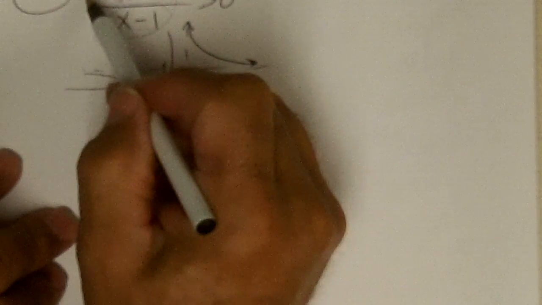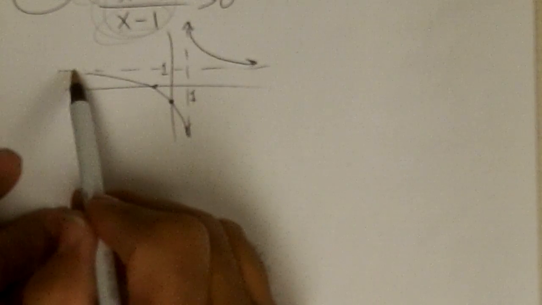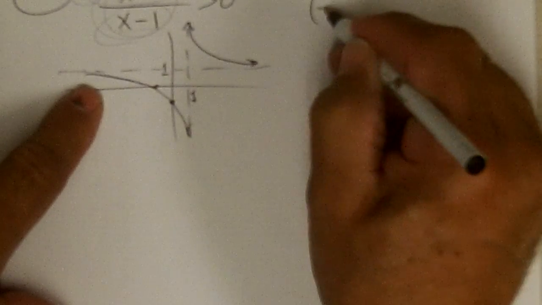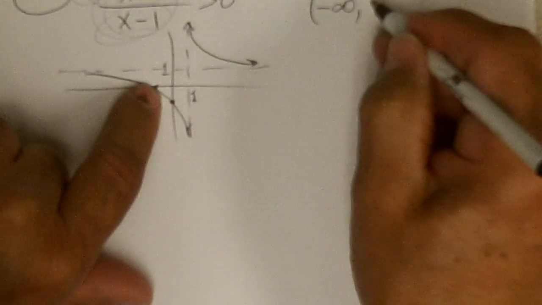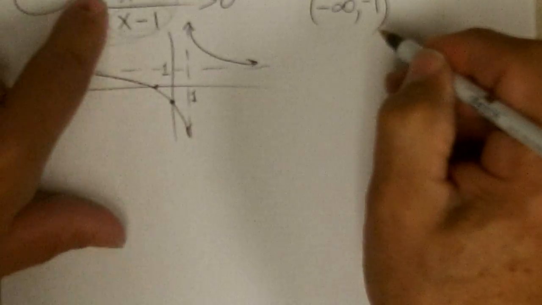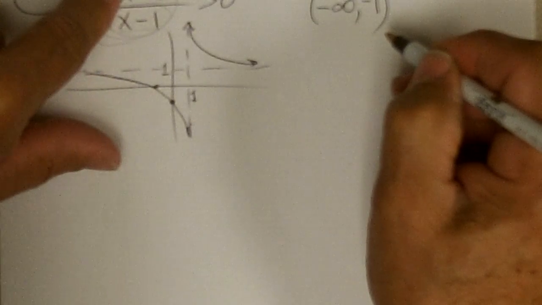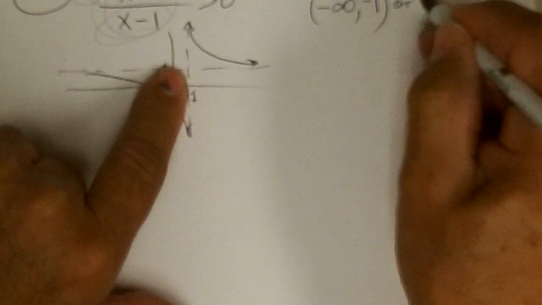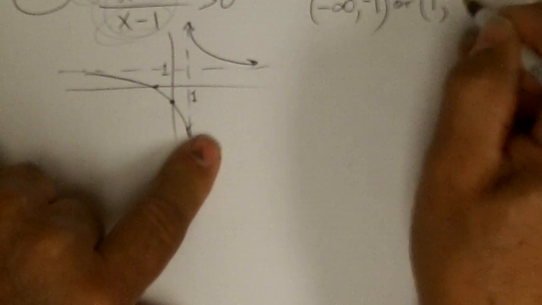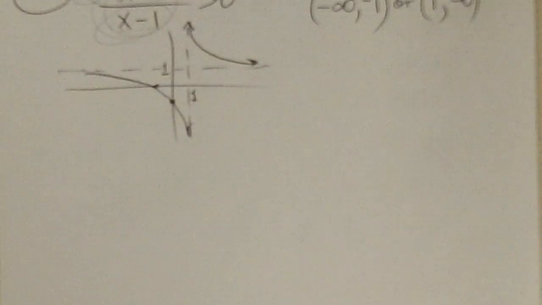When are these y values greater than 0? Well, all these y values are positive, greater than 0, so that would be from x negative infinity up to negative 1. This has a positive y value, and it has a positive y value from 1 to infinity. Okay, the next one is